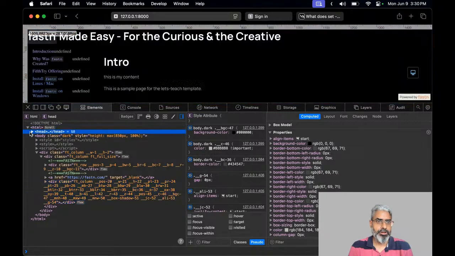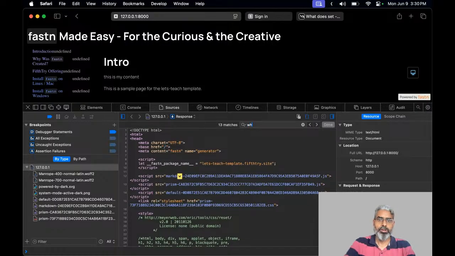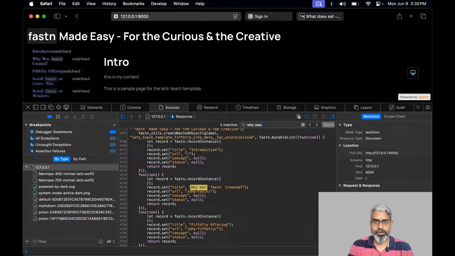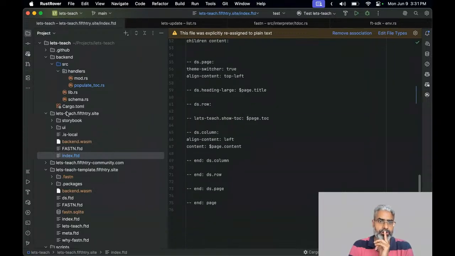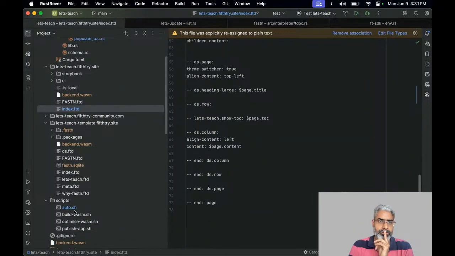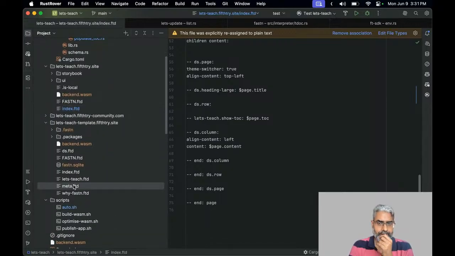Let's check our code. Source. That is odd. So basically,